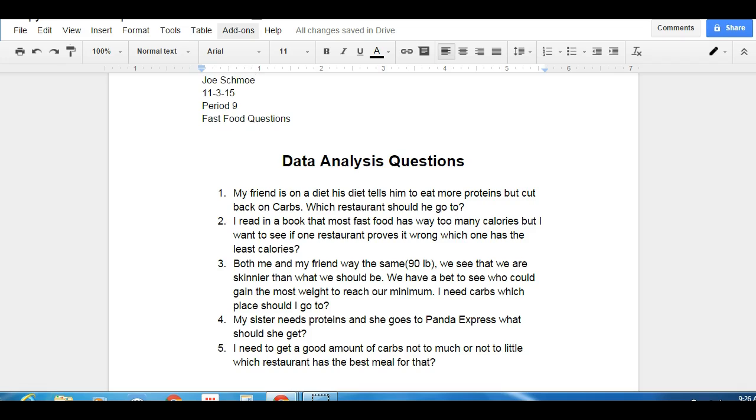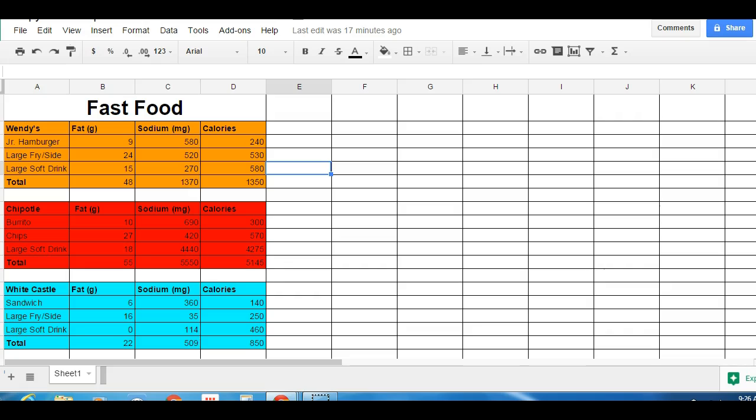So switching back to my part 2 spreadsheet, I'm ready to answer those 5 questions, and I'm going to do that via a chart. Now, if you find that there is no chart that will answer your question, it's probably bad, and you're going to want to adjust it. So for this example here, I have compared fat, sodium, and calories for 3 different fast food restaurants: Wendy's, Chipotle,